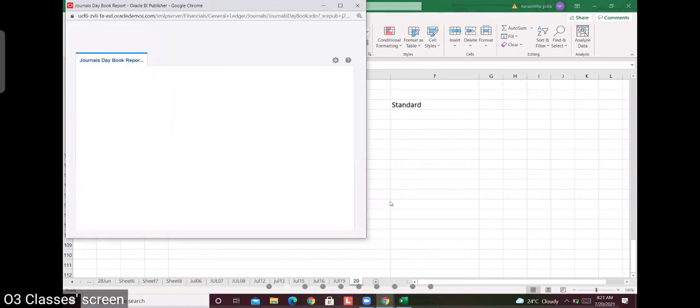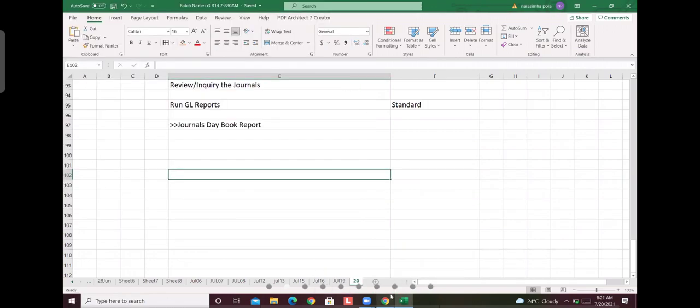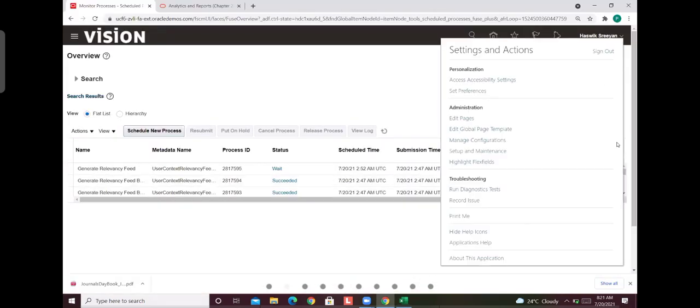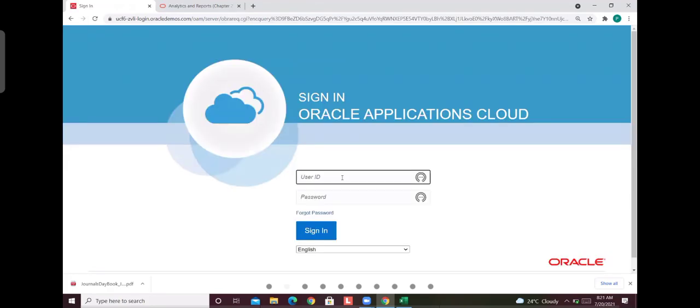Sir, I'm unable to log into Oracle application. Can you please check my username? Can you share the username and password? Yes sir, Arish, I will check it. Can you ping to my WhatsApp so that I will recheck it? Yes sir, I'm pinging. I think the instance link is not working, sir. Which instance? We tried 3 instance links. Instances were not properly working, sir.